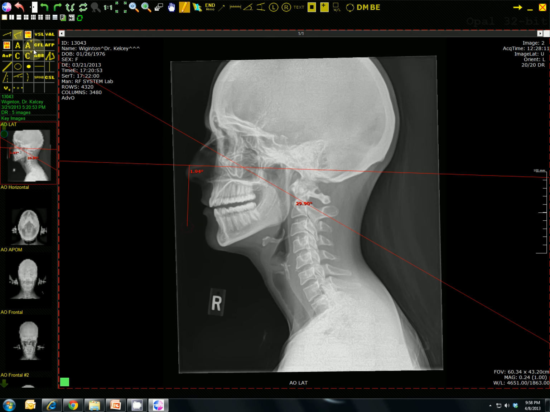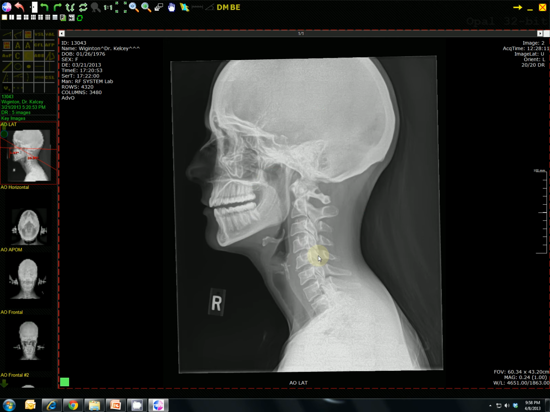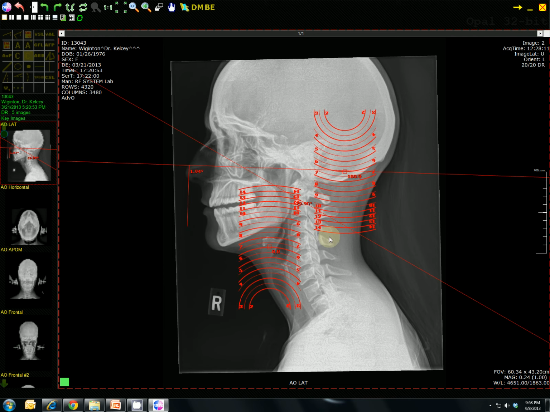I can't really tell what's going on. I just have all these templates and I can't see the anatomy. And it's kind of frustrating, but I don't want to delete what my templates are on there. So pressing the A button for annotations hides all of those annotations. It doesn't delete them, it just hides them. That way I can see the anatomy again, and then I can press my A button again to bring up